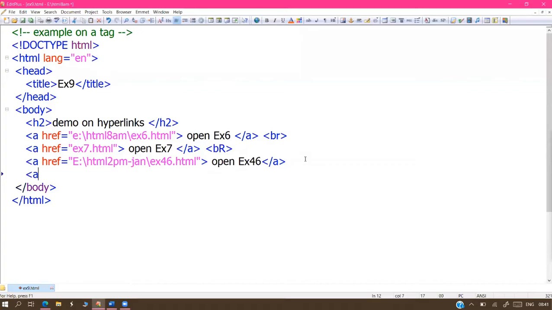Like this, can I provide the links for live sites, sir? Yes, we can access from websites also. Write which website you want to call, write that website's clear address. So http colon slash slash www dot site name, your address. Google or Facebook, Flickr or something else. This is useful.